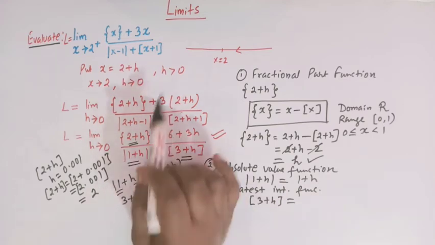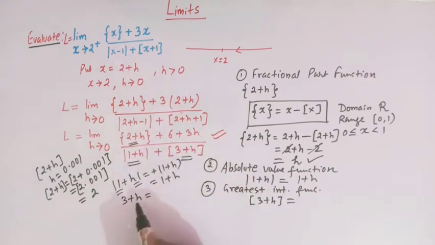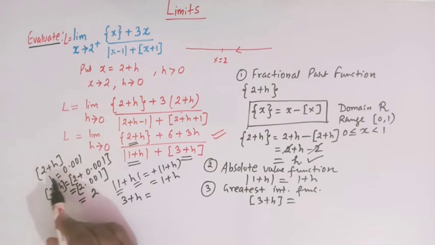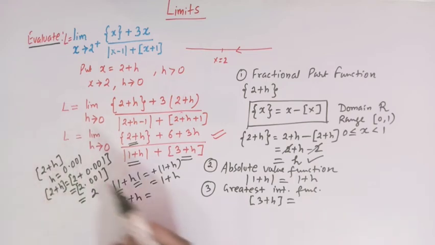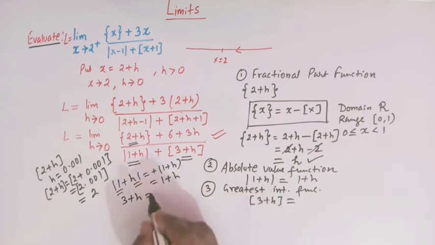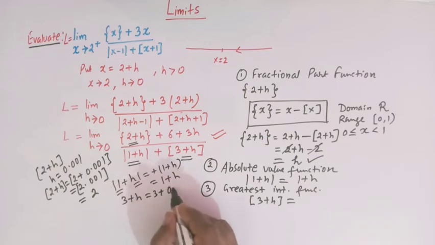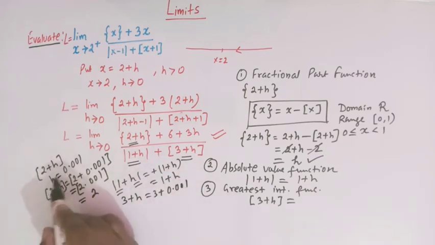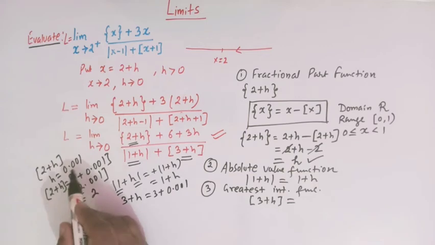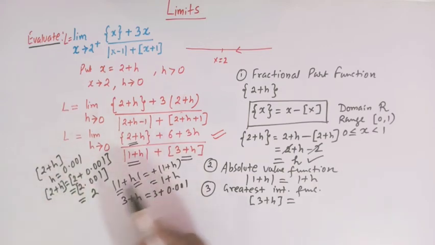We have already said that h is greater than 0, but it is very small. So again we can take h equal to 0.001 just to find the value of the greatest integer of 3 plus h, right? We can take any value of h which is very small, just for making the concept clear, right? So h is equal to 0.001, so this is